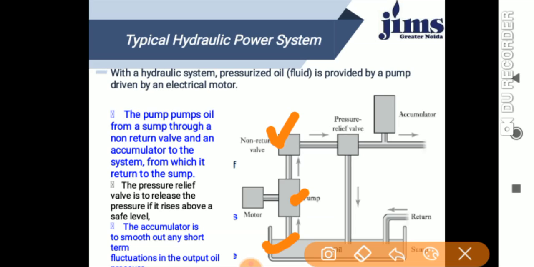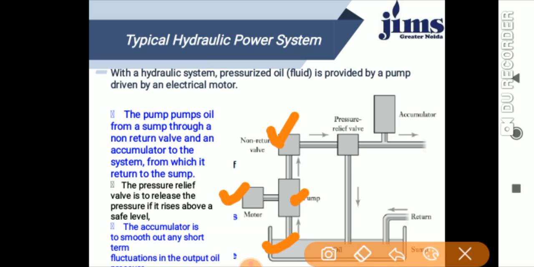You see, from the source, the pump is associated with the motor. By the help of the motor, the pump is running, and it sucks the liquid from the sump and passes it to the non-returning valve and accumulator to the system, from which it returned to the sump. Again,